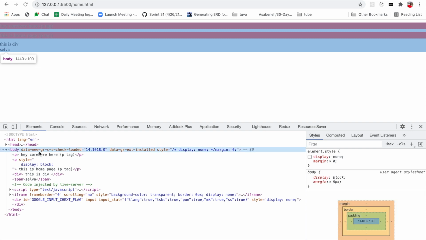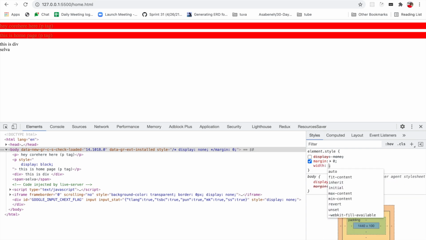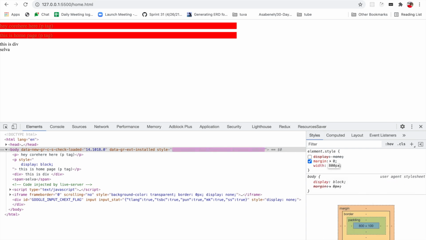So actually it's taking the body's width. If you set width to 800 pixels, see, now the p tag follows the actual parent's width. So it doesn't mean end to end width. Every block element takes the parent's width.